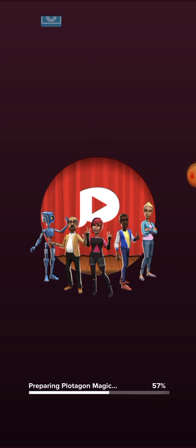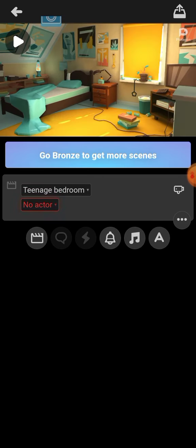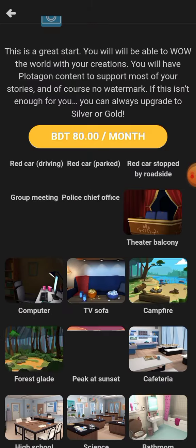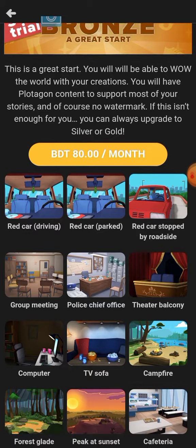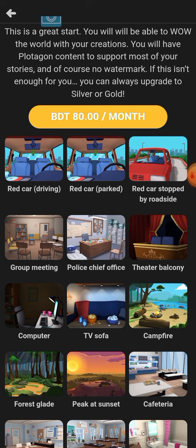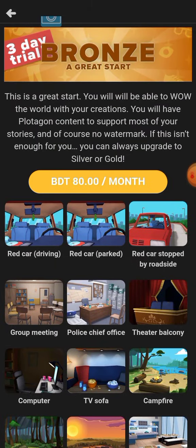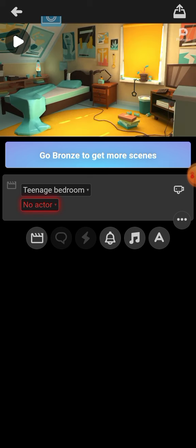This app is very big, like 200 MB. At first you create a video, and this is scenery, and you have to pay for more scenery by subscription, 80 taka per month. Huge scenery you find there, but it costs money. So this is free scenery,